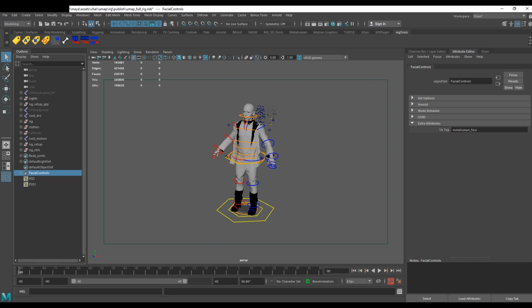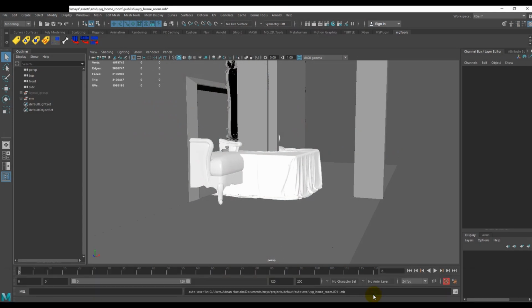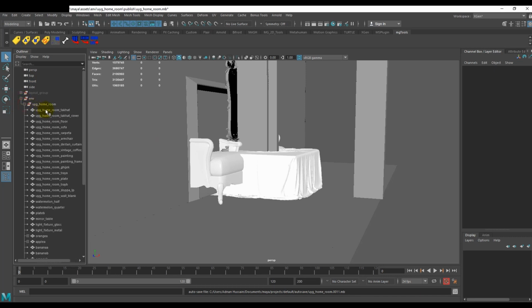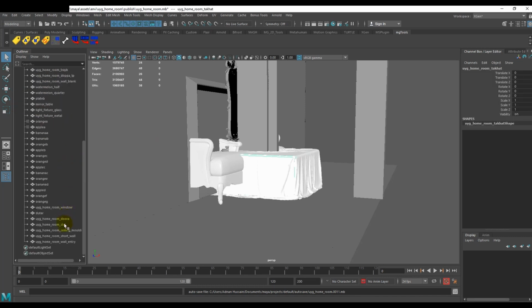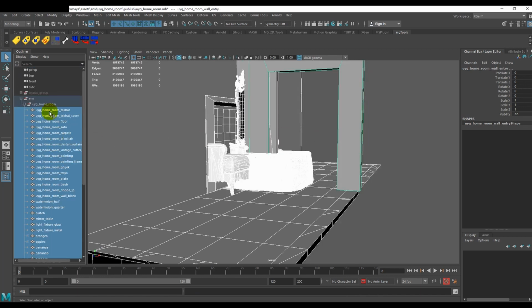So we'll get to that in a little more detail in just a moment. Let's talk about layouts. So we're still talking about tagging objects. For layouts, we're using static meshes. And when you import static meshes into Unreal Engine, you don't want to import multiple copies of the same